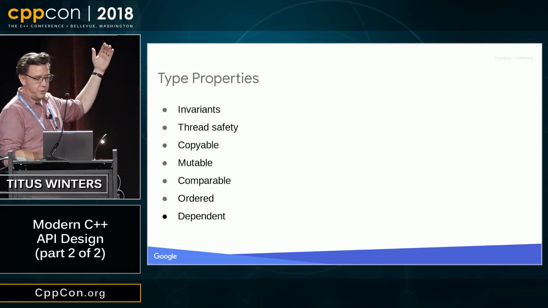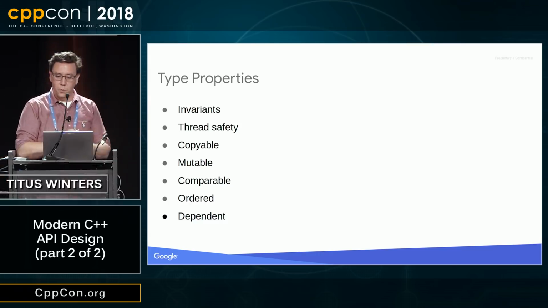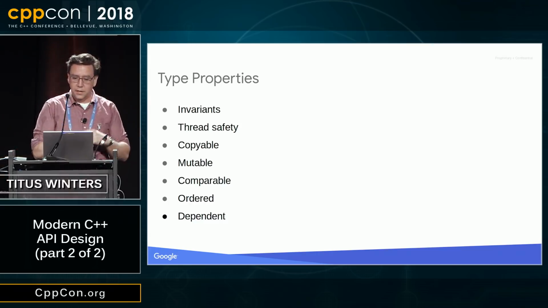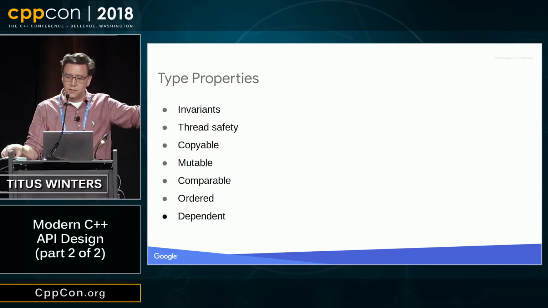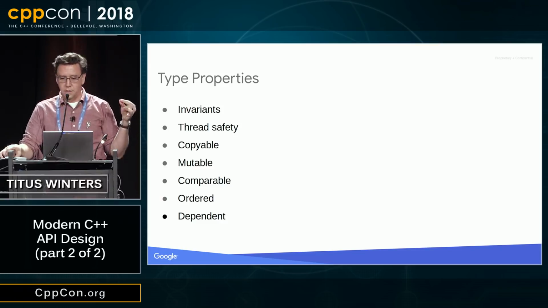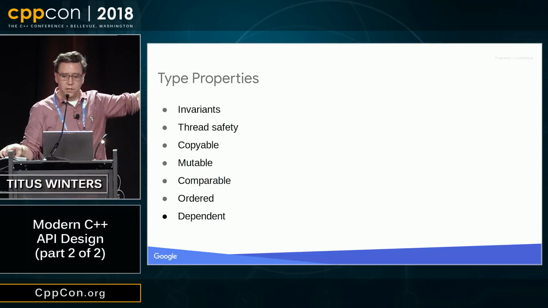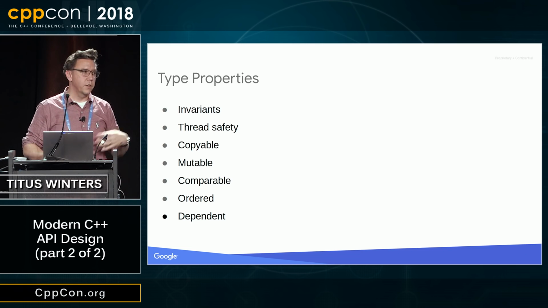So that gives us sort of a taxonomy of properties that we can discuss when we're talking about types that are well designed. I'd argue that if you describe a type, or at least a value type, by telling me how it behaves in all of these dimensions, I can probably get a pretty good understanding of that type. And when we start doing that operation, we start seeing patterns. That is, configurations in this configuration space that go nicely together, that come up over and over again. For instance,